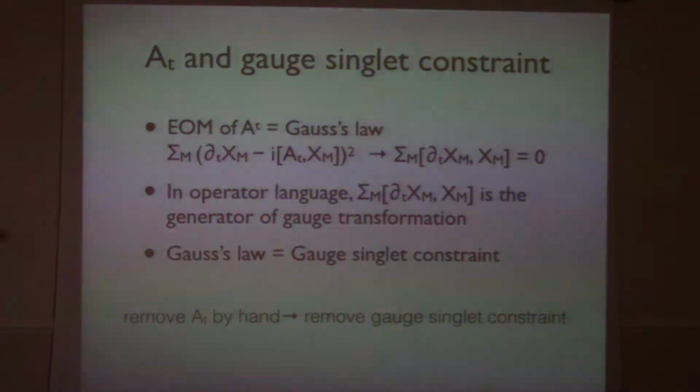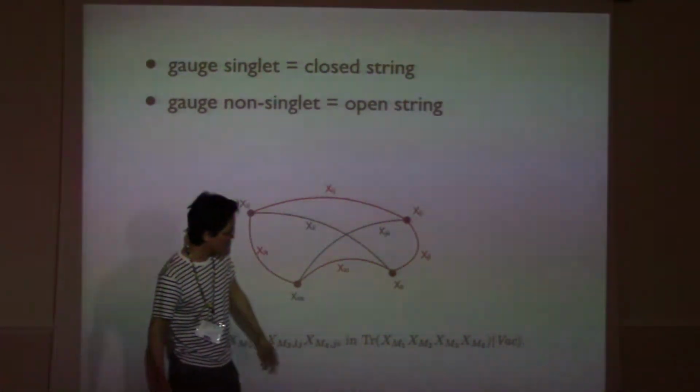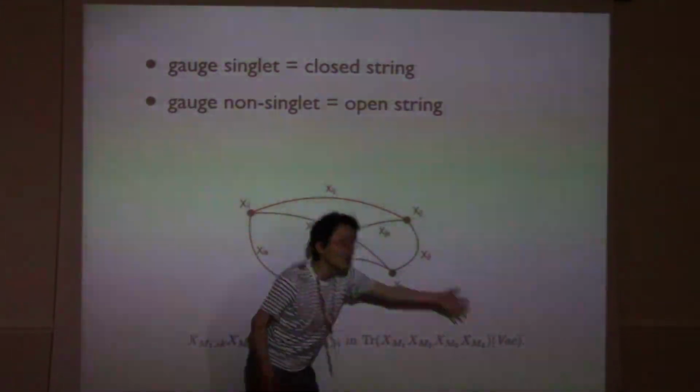And removing the gauge field by hand, just considering the ungauged theory, means removing the gauge singlet constraint, and the gauge non-singlets are allowed to exist. Let's ask what happens if we consider such a theory without the gauge singlet constraint. In string theory language, a gauge singlet is a closed string, and a gauge non-singlet is an open string. For example, if you have a state, a trace of a product of X acting on the vacuum,